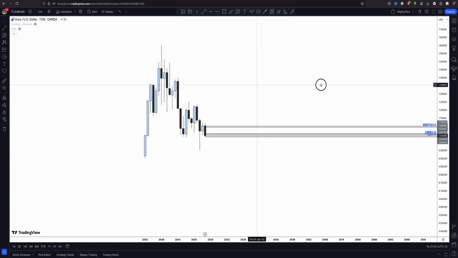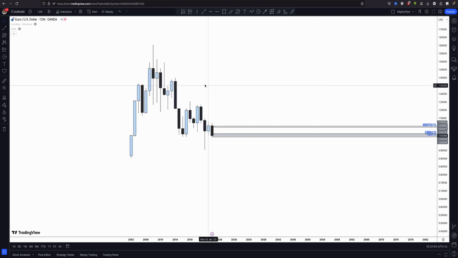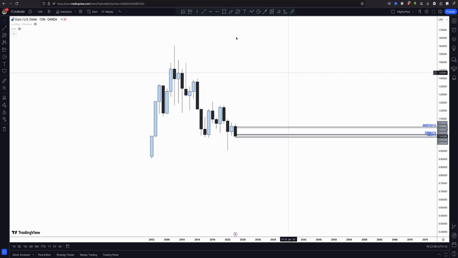Okay, so on the yearly chart on EURUSD, we see that it is going down. It is also very bearish. So we can see that this year has closed bearish. Last year closed a bit bullish, and the previous 2 years closed heavily bearish. So what do we expect? We expect that this pair is going to push down to at least close this week on that candle, to